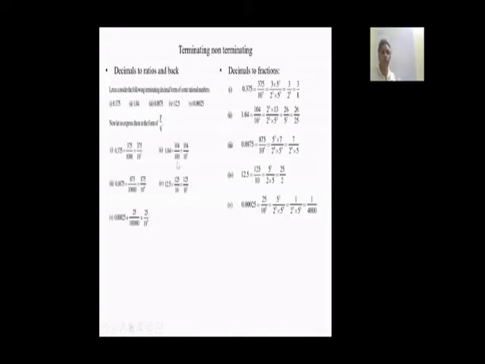If you see, these are all terminating decimals which have in the denominator multiples of 10. Either 10 square, 10 to the power 1, 10 to the power 5, 10 to the power 4, 10 cube, these are all multiples of 10. If the denominator is a multiple of 10, it is a terminating decimal.